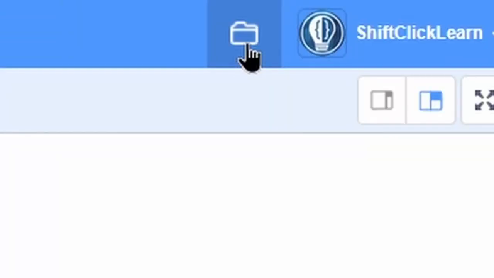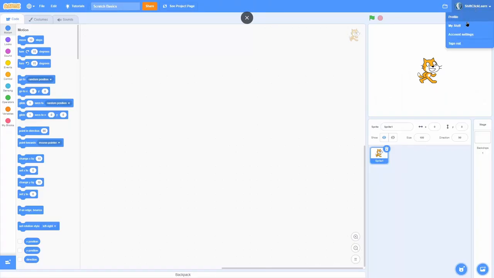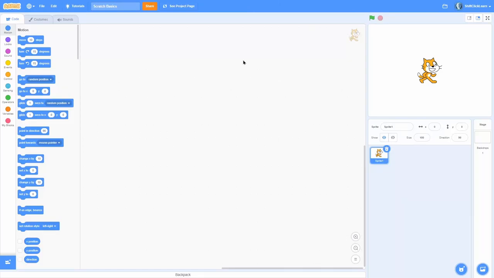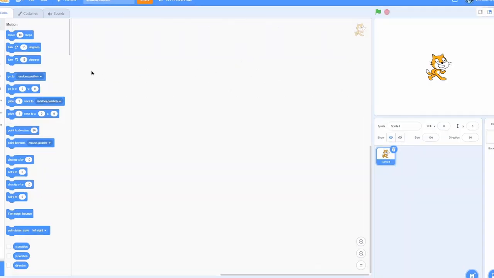Now we have this button that's a shortcut to the my stuff page, and then your icon, which is the same as on the home screen. You can go to my profile, my stuff, account settings, and then sign out at the bottom. Okay, so now that we have the top ribbon bar done, let's go ahead and